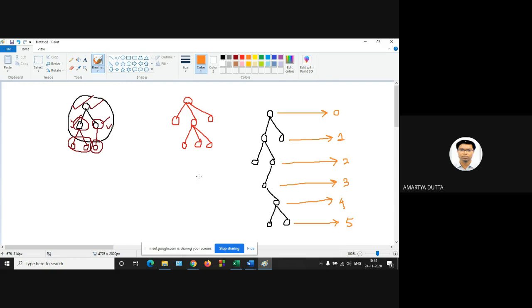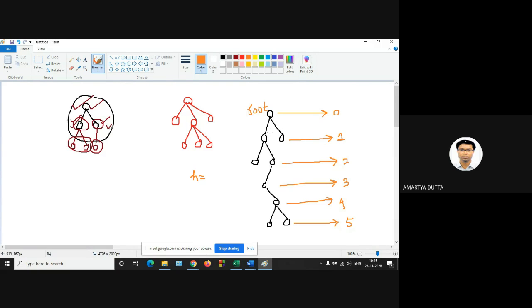Now you have to find out the height of the tree. H is the height of the tree. What will be the height? Height means the number of branches starting from the root to the farthest leaf. This is your root node. All the branches are coming out from this root node. You have to find out the maximum number of branches starting from the root node to the